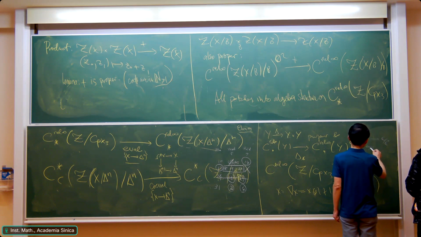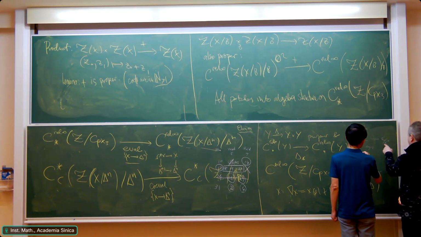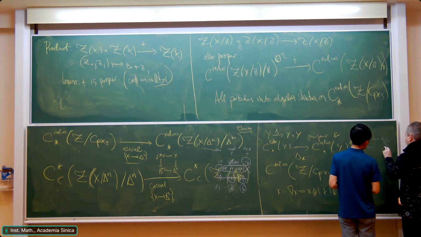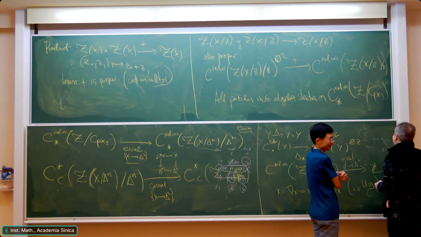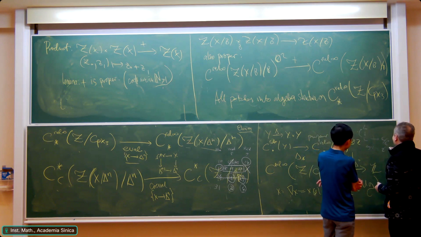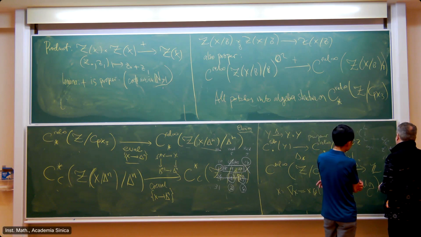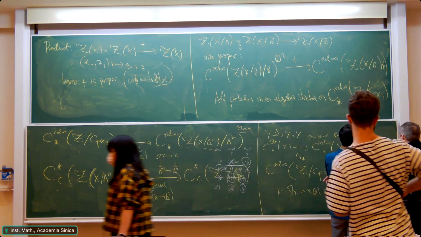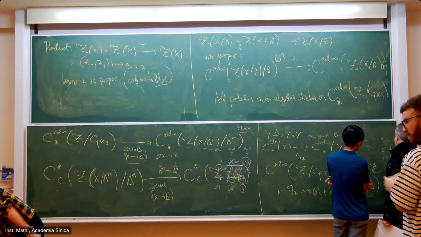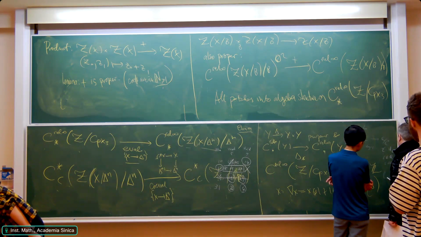But then you have to put some stability conditions, linearized here by a character. It's still degree one. So the length then sort of depends on